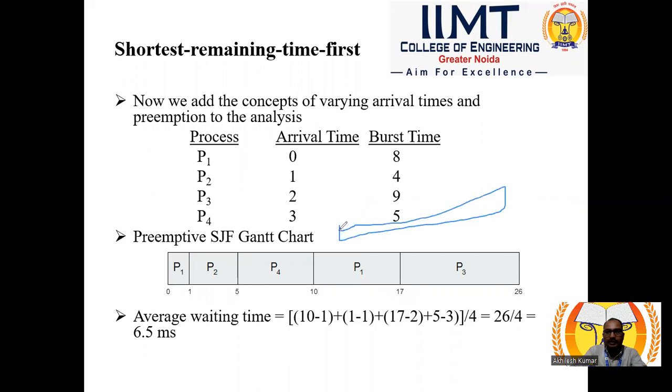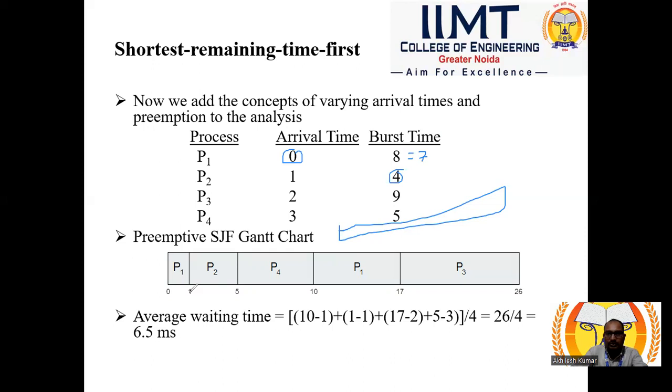In the ready queue, process P1 arrived at time t equal to 0 milliseconds, and execution starts at time t equal to 0 milliseconds. No other process is available in the ready queue, so we execute process P1 until time t equal to 1 millisecond. Process P2 arrives, and process P1 has executed only 1 unit of time. So 7 time units remain, and now process P2 has a burst time less than process P1's remaining time. So process P2 will be executed first